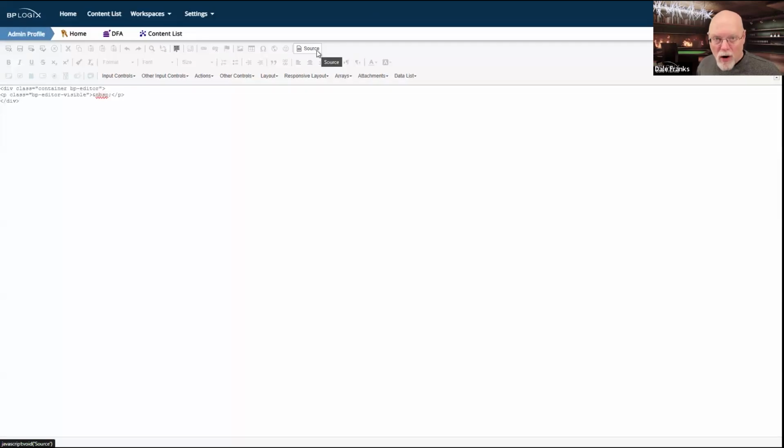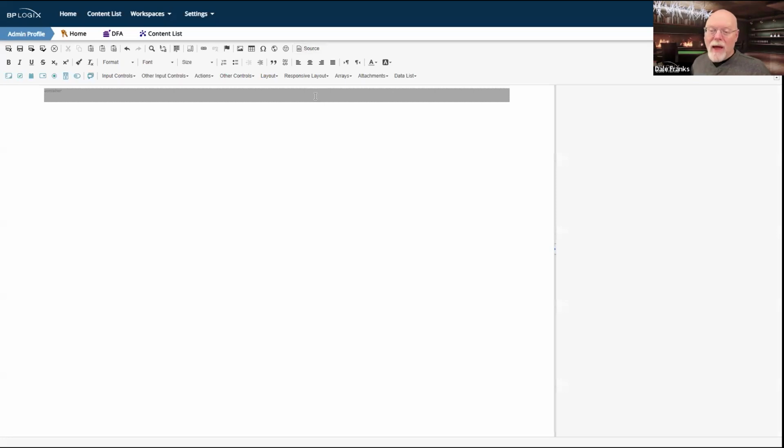if we do something wrong, we stick in the wrong kind of control, or we don't like how this row looks. So my suggestion would be that you save often, save your progress, just hit Control S or click the Save Form button. So every time you put a new row in and you're happy with that row, save the form. That way, when you put in the next row, if you blow everything up on that row, the easiest thing to do would just be to start that row again.